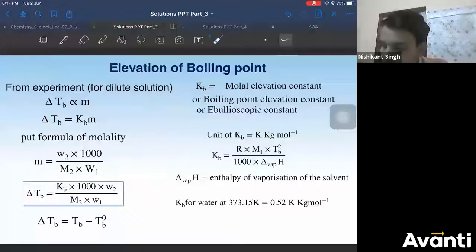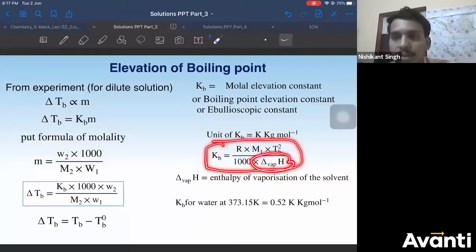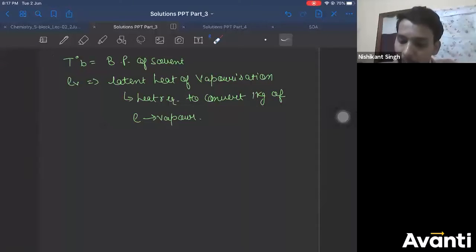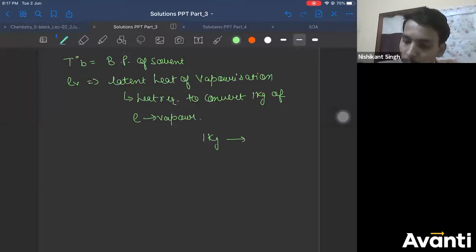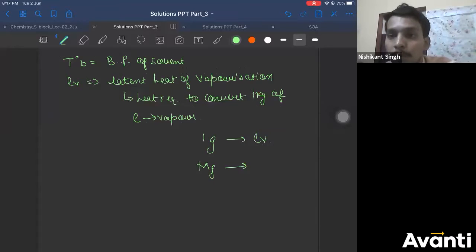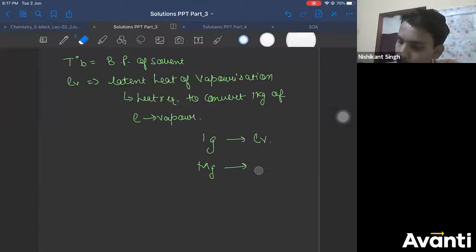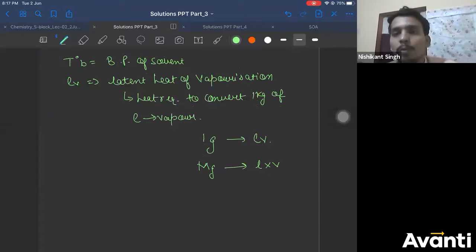Right. So that is what we have done over here, guys. One more thing is the KB formula here, which is written in terms of enthalpy of vaporization. I have given you the formula in latent heat of vaporization. So I said for 1 kilogram or 1 gram, you can take anything. Both are fine. Both are correct. So for converting 1 gram, how much heat is required? Latent heat of vaporization. For m gram, that means molar mass, molar mass means 1 mole. For 1 mole, how much will be required? Multiplied by m on both sides, L into V.